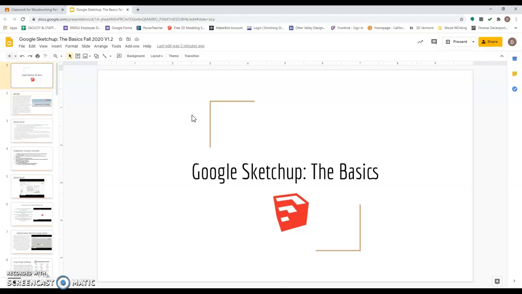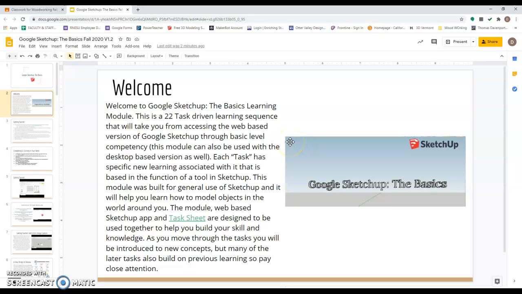You've probably come upon this presentation and this unit because you are enrolled in one of my classes, or this has been shared with you because you're working with an organization I work with. So either one is equally fine. And what this presentation and the additional materials is designed to do is take you through literally the basic steps that you will need to be able to functionally use Google SketchUp. It's 22 tasks, basically going over the tools and their functions and how many of them interact in the online